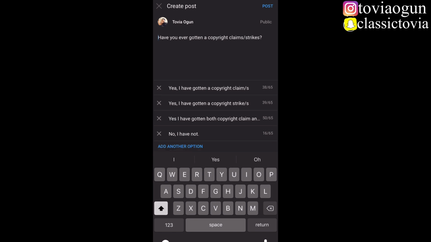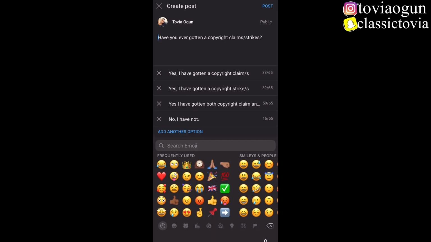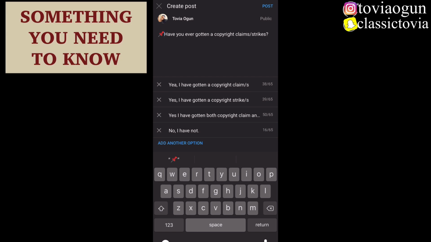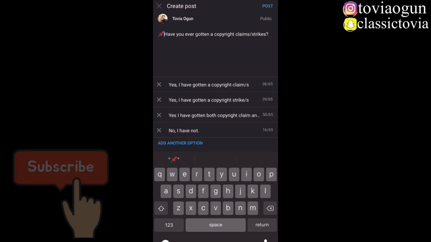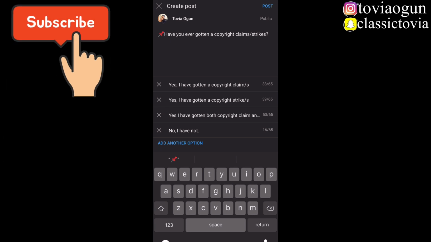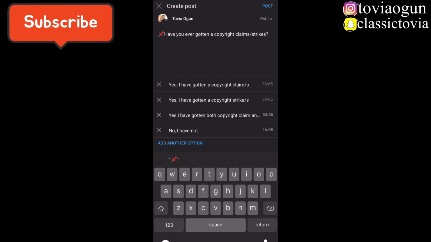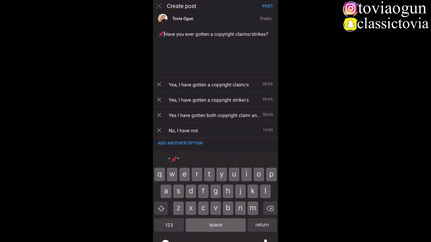So once you finish, you normally just click on post, but this is something I personally love, which is this pin icon. I love it, so that's why I'm adding it to mine. Make sure you go through your questions very well before you post it, because once you post it, you cannot edit it. You cannot go back to it, or else you have to delete it. So make sure you actually read through it. Make sure there's no errors, or something you didn't want to say, and that your message or your question is fully passed across. So if you think everything is okay, now you want to just click on post.